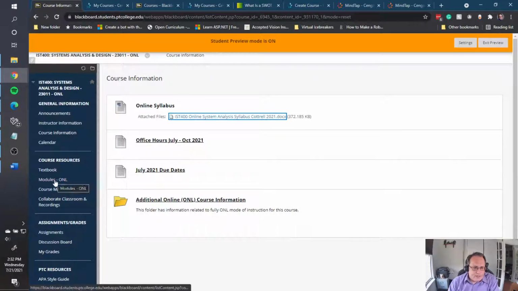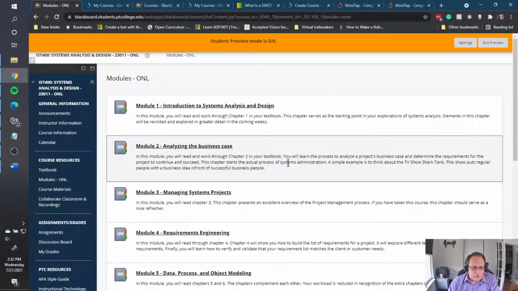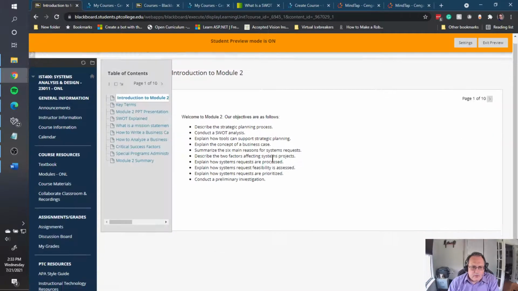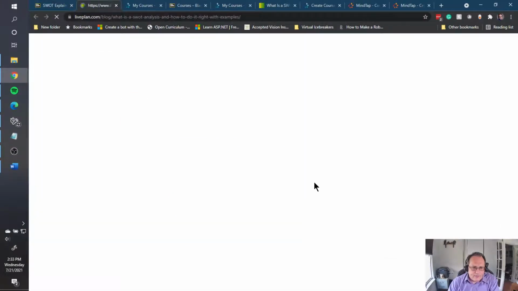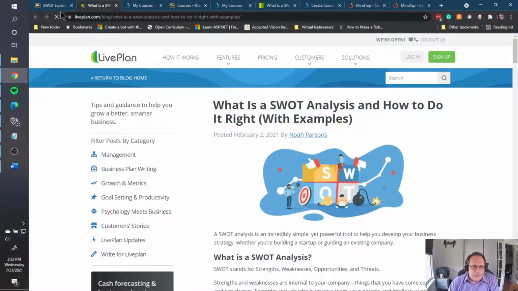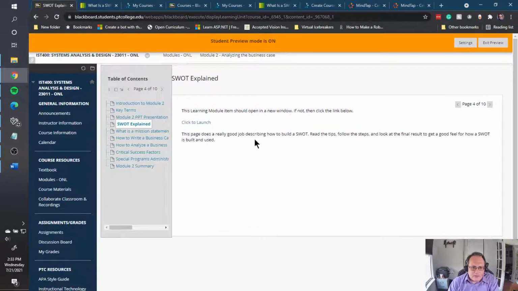To get through the class, I have a variety of modules. These are tools that I found online to help you. We'll have key terms. My presentation that I go through in class will be there. I've got links to different websites. This is a link to a SWOT page. When I have a link out, there will always be a direction as to what you should be paying attention to. Sometimes there are videos there. You should walk through the modules. They will help you solve the problems. For the most part, I've picked material in these modules that directly correlates to the assignments you have to do.